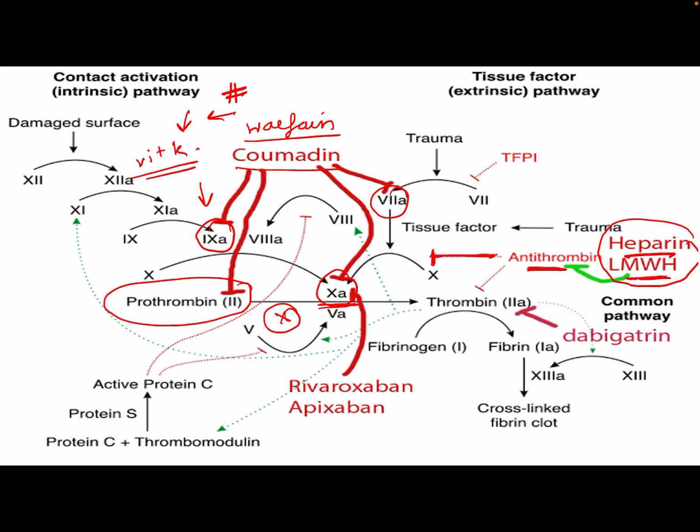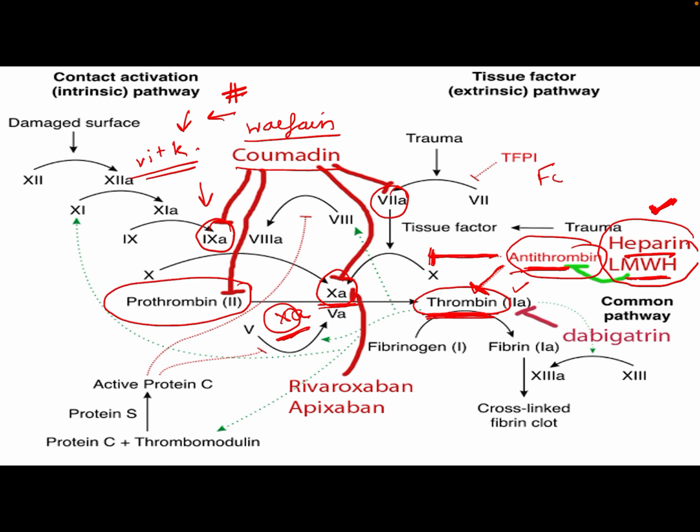So this is one of the antithrombin pathway actions. Second is by preventing the synthesis of thrombin. So the antithrombin pathway will act in two ways, by causing the depletion of the 10A clotting factor and by causing depletion of the thrombin product. So heparin and the low molecular weight heparin are indirect inhibitors. Why are they indirect inhibitors? Because they act through the antithrombin pathway. They are indirect inhibitors of the 10A clotting factor and the thrombin product.